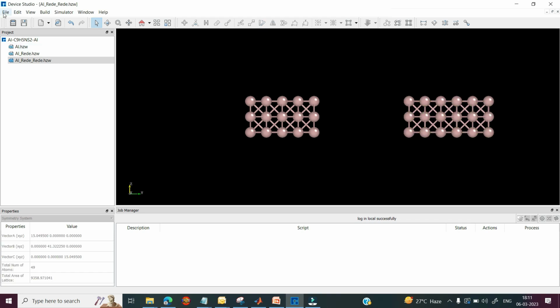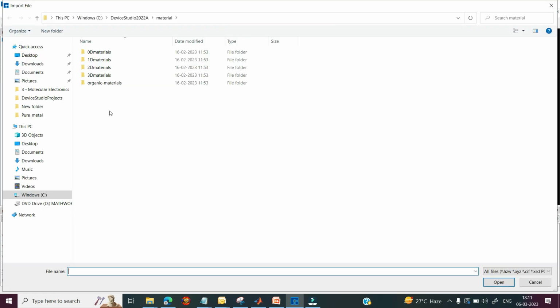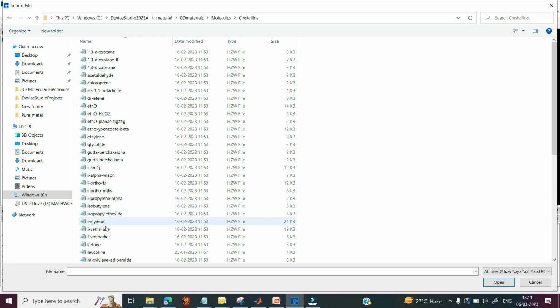Again you can click on the file option, go to the import option and select import local, and this time I would like to select the leucoline C9S5NS2 molecule structure. You can go to 0D material, select molecule and go to crystalline, and here you can select the leucoline molecule structure and then press open.